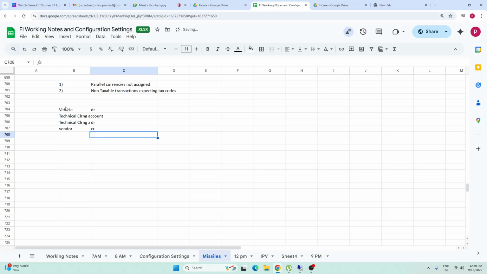So basically what the system is doing: you are purchasing a vehicle and crediting the vendor, right? Instead of the credit, they are putting this one as technical clearing account, and on the other side your vendor is there, instead of asset you are putting technical clearing account. Basically this is the accounting entry at the time of asset acquisition. So this gets zero by itself. The credit and debit values become zero, but from the reporting perspective they want this